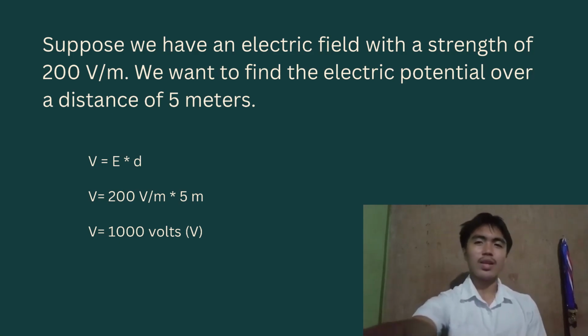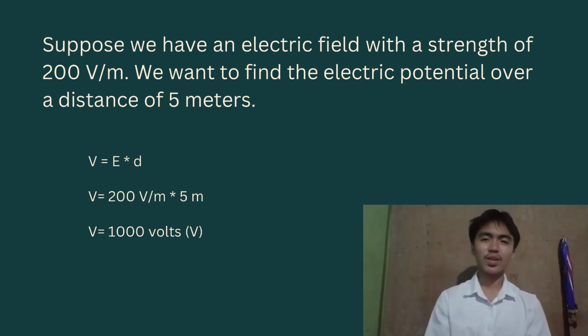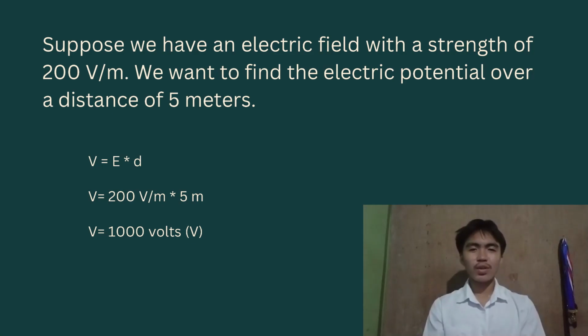So, V equals E multiplied by D, equals 200 V/m multiplied by 5 m, equals 1000 volts. Therefore, the electric potential over a distance of 5 meters in an electric field with a strength of 200 V/m